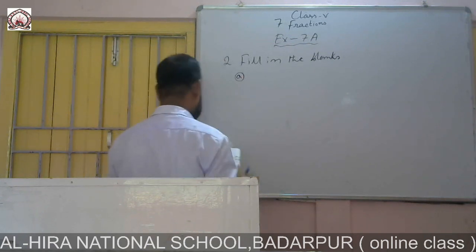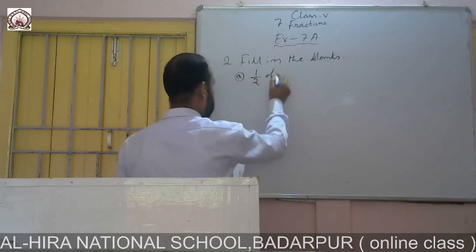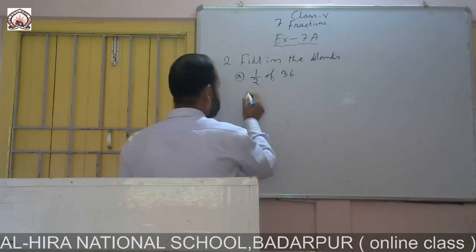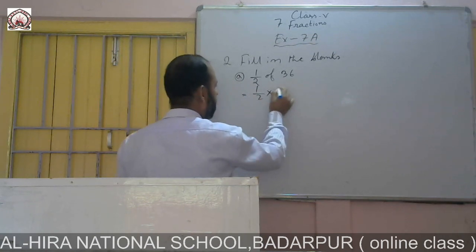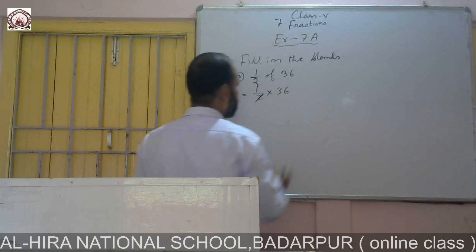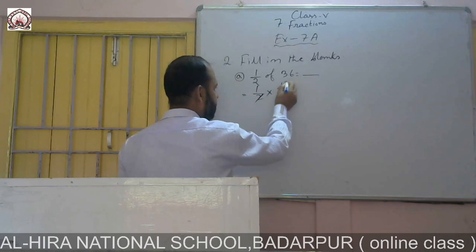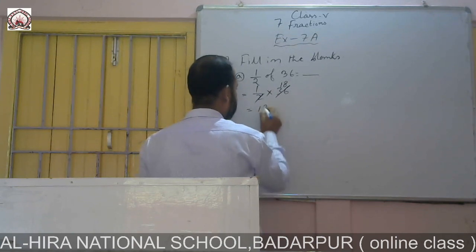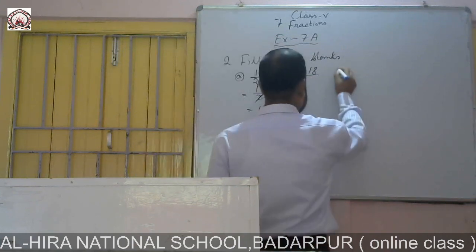Number A, 1/2 of 36. So 1/2 of 36, here of means into 36. So we cut by 2. 1 2 is 2 and 2 18s are 36. So here the answer is 18. Next question B,